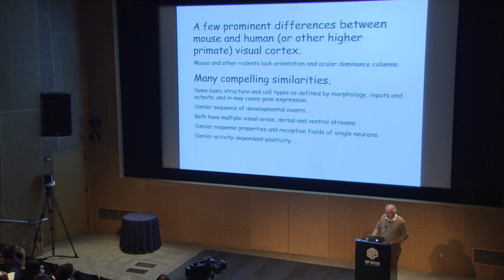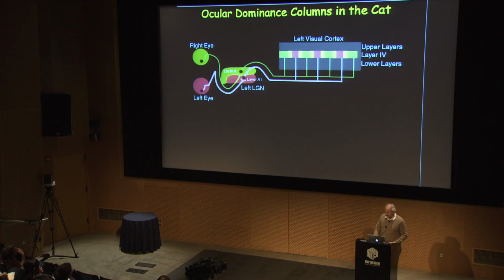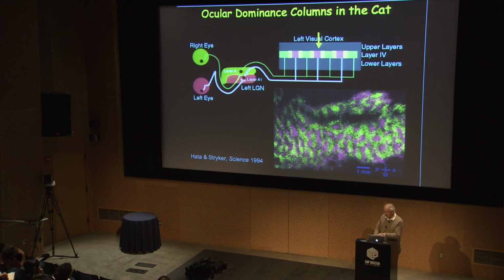There's the same basic structure and cell types as defined by many different criteria. There's a similar sequence of developmental events. There are multiple visual areas in the visual system. There are similar response properties and receptive fields of single neurons, and I'll talk about that in detail, and similar activity-dependent plasticity. But first, looking at what's different, these large animals do have columns, and if you look down on them and label them,